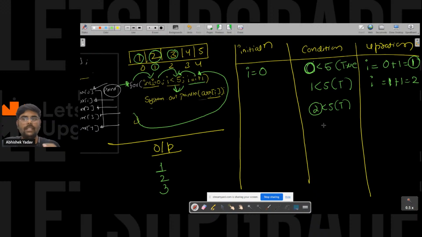You will print 3 on the output screen, and after that you will go to the updation part. So here 2 plus 1 is 3. So you got the next index value, that is 3. After that, again you will check the condition. 3 is less than 5. The condition is true. You will move inside the body. You will print arr[3]. arr[3] is what? 4. So you will print 4 on the output screen, and after that you will again go to the updation